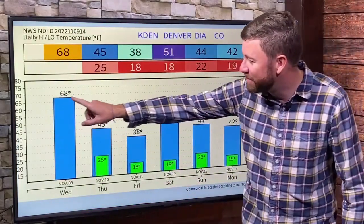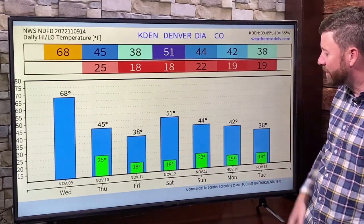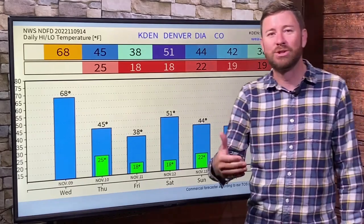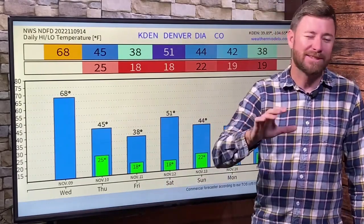But again, lasting impact for Denver from the 60s Wednesday, really dropping now. Then we'll stay in the 30s and 40s primarily as we go throughout the weekend and the next week. As far as getting a big storm into Denver, doesn't look likely at this time. Next best chance for some precip would be middle part of next week, but Sunday or so might have a